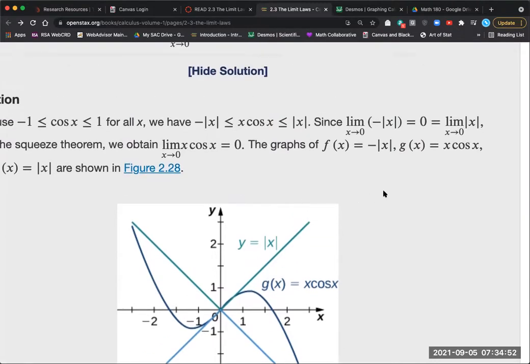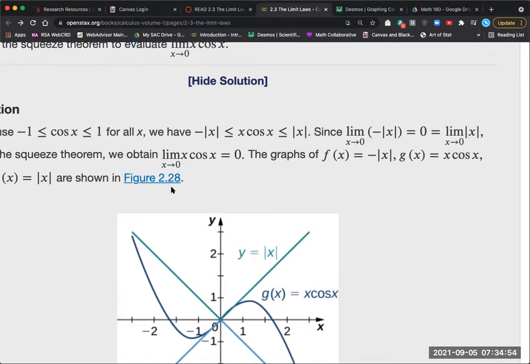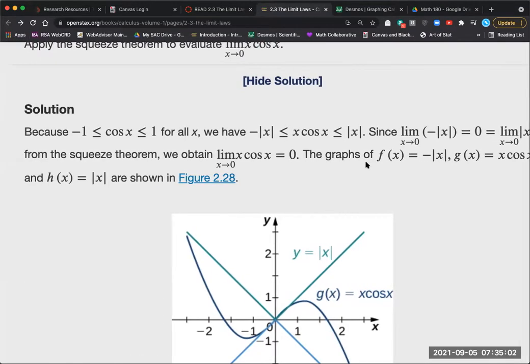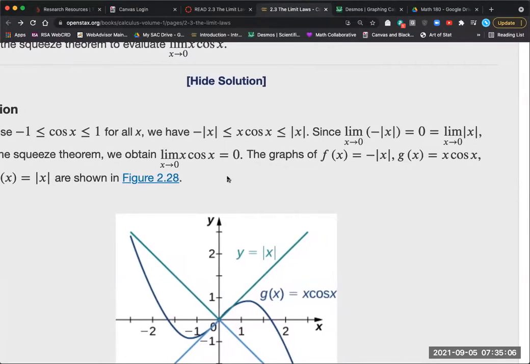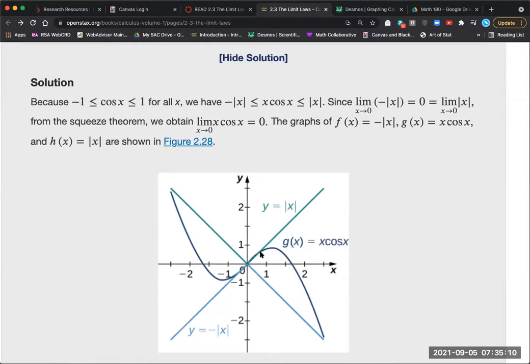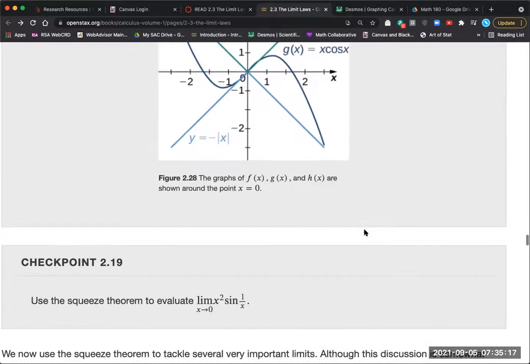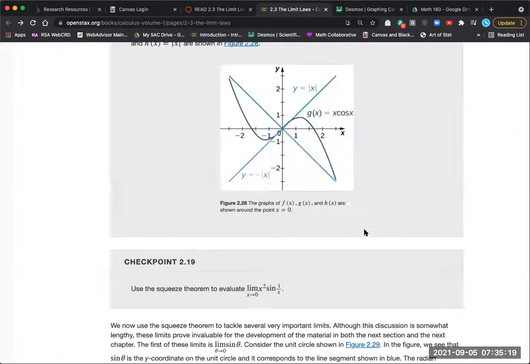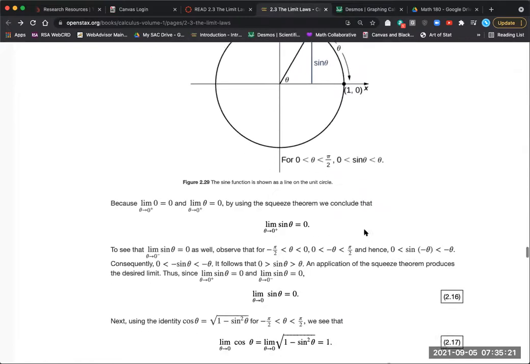So because that's the case, we can evaluate the limit of this side as x approaches 0. We can evaluate the absolute value of x as x approaches 0 equals 0. We can apply the squeeze theorem and say the limit of x cosine x equals 0 as x approaches 0. We know it because this value, algebraically, we could see is always between these 2. So very, very interesting finding there. And again, it's a theoretical piece, so make